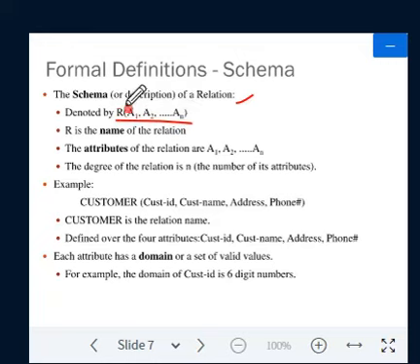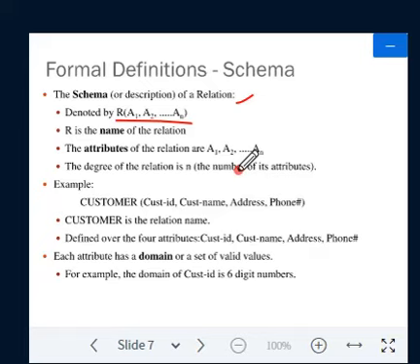So this we call a schema of a relation. Then we have a set of attributes. R is a relation name and the set of attributes are A1, A2, ..., AN, like this. The degree of a relation is the number of attributes.